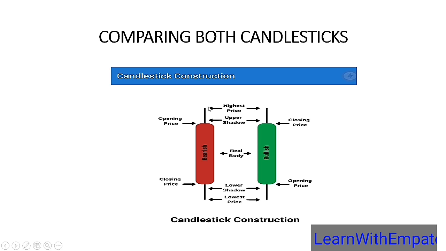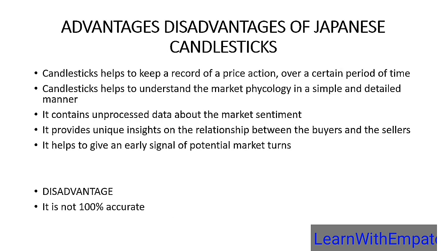The same thing applies here, highest and lowest. So this is just the candlestick anatomy, how the candlestick looks in the market. There are different kinds of candlesticks. All candlesticks in the market don't look like this, but this is just the anatomy of the candlestick to help you understand the whole body of the candlestick: the open, the close, the high and the low, the 4 strategic points of a candlestick.